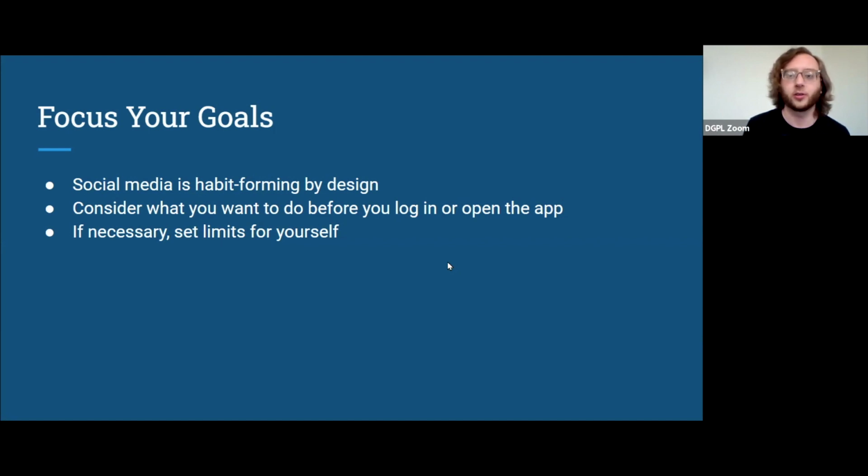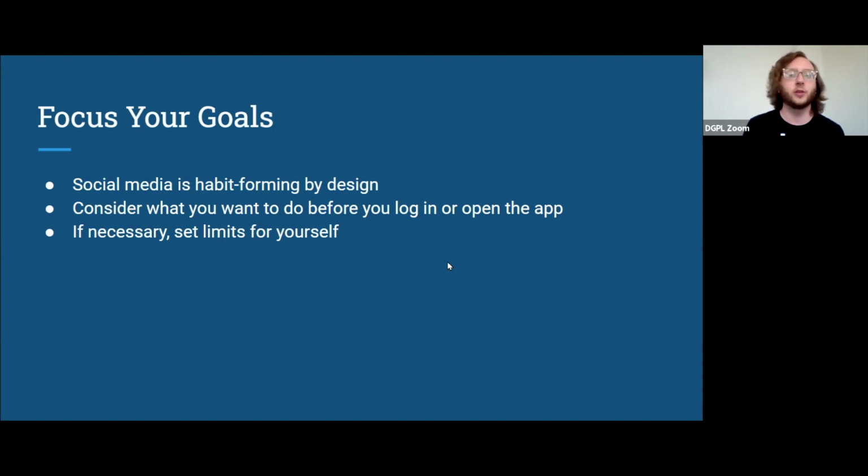There's a longer definition to it, but lastly, I just want to say, when you're on social media, whatever you're using it for, or plan to use it for, be focused with your goals. Social media is habit forming by design. It's intended to keep you scrolling, to keep putting content that you like to see under your nose.